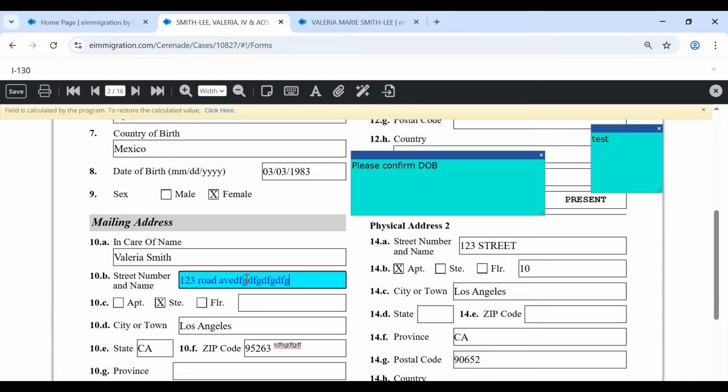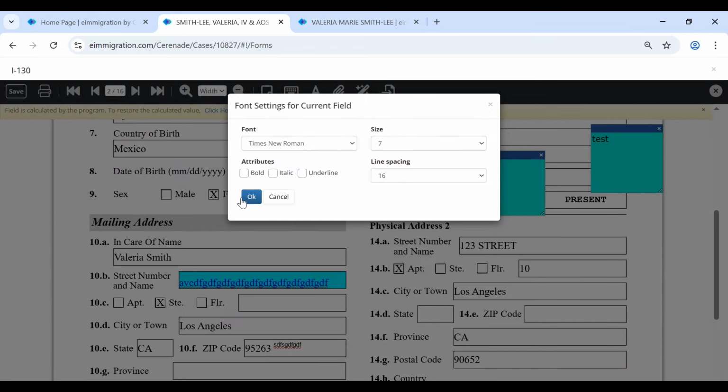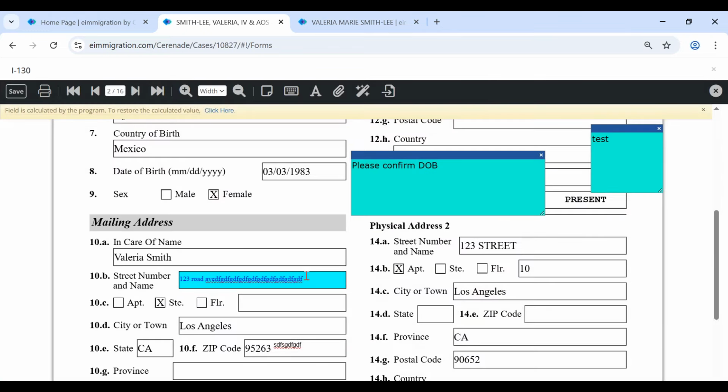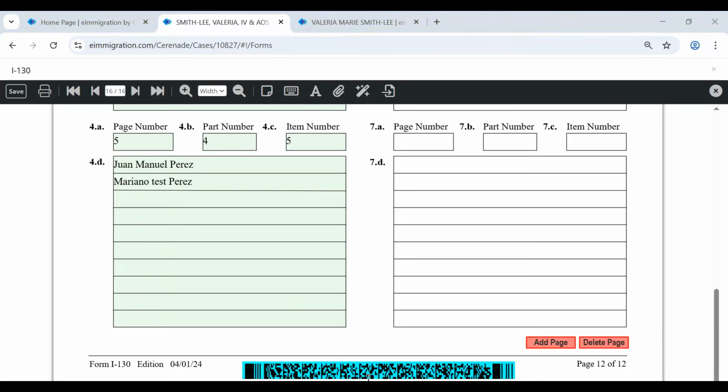I was saying that if you have long text and it doesn't fit, the system is developed to shrink it and reduce the size of the font automatically, or you can click on this A to manually change the size of the font, and it's reduced. If I exceed the limit, the system creates the addendum. So the additional pages where you have,